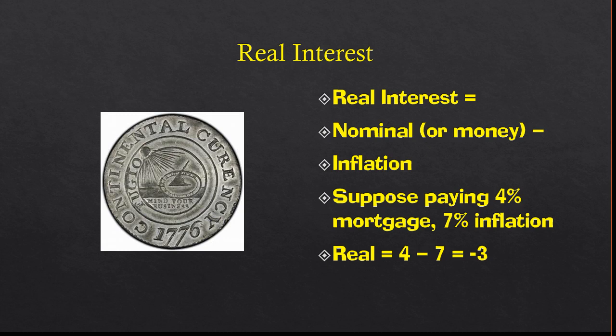The interest rate that you pay when you sign that thing on to buy your house and it says, hey, I'm paying 4%, that's the nominal interest rate. That's the money rate that you're paying. But the real interest rate that you're paying is that nominal rate minus inflation. So if you have a 4% mortgage right now, but inflation's at 7%, the real interest you're paying is 4 minus 7 is a negative 3. The bank is paying you